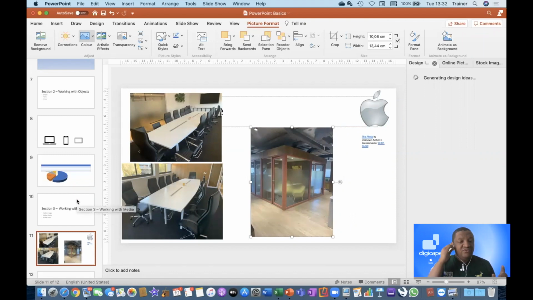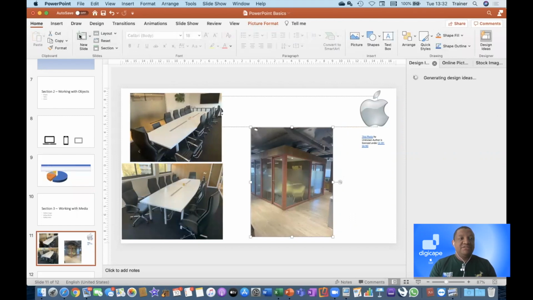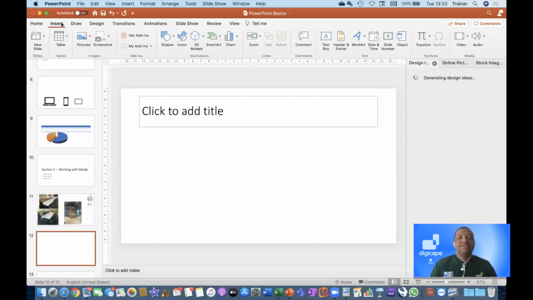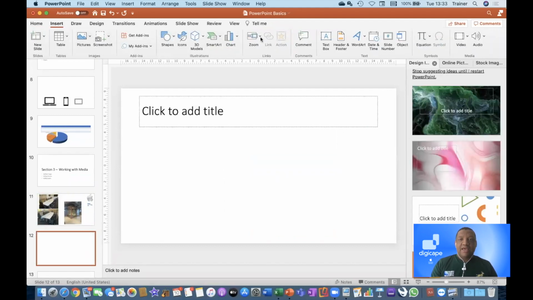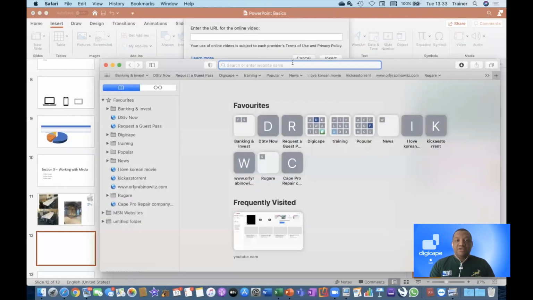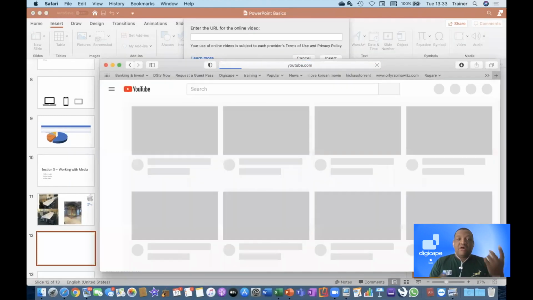When it comes to movies, it's pretty interesting, because here, if I now add in movies, I'm just going to add in a new slide once again. If I go now to my insert button and I add in movies, then I can add in movies straight from my computer from file, but I can also go to online film. So now if I go to online film, you can place the URL of that video. So say, for instance, you've got a video on YouTube, so if I now go to our YouTube channel,